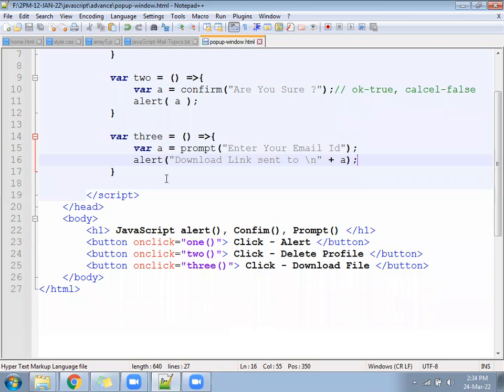Once you click on the third button, it will say download link is sent to plus a. Once you click on the button, an alert message will come. In that it will say download link is sent to